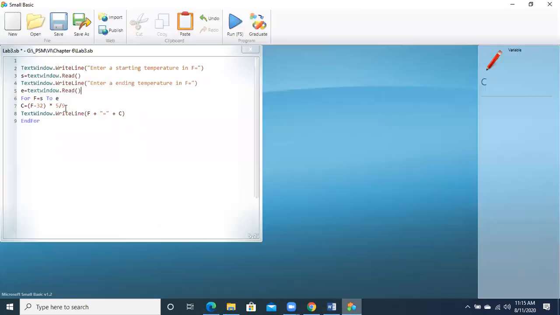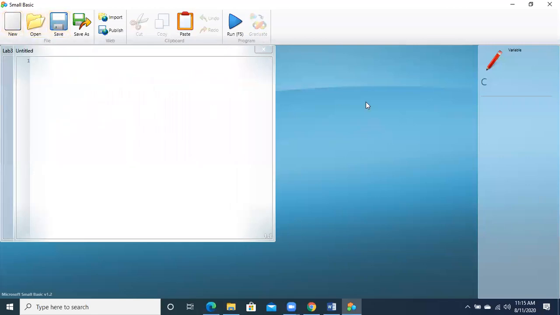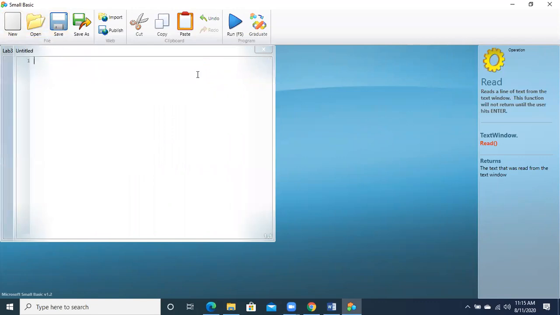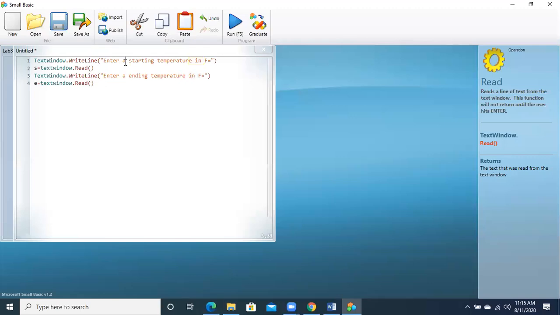Getting this point? Now I am going to code for this. I will save this file. I will take a new file. First, I have to take input for two things. Can I copy it from the previous program? Can I take help from here? Why have I written it over there? Because I have to take two inputs in this program as well.